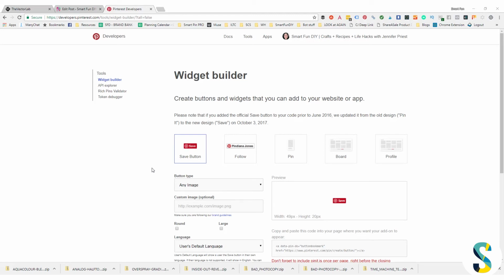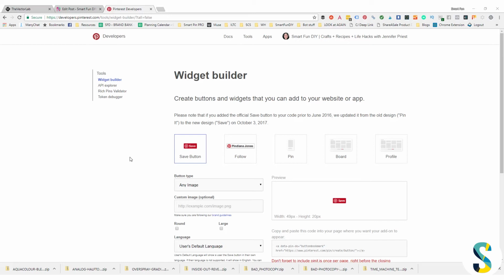So they've done a couple updates. If you installed it a long time ago, which I did when it was called the Pin It button, it doesn't really work anymore. It just doesn't seem to work on my site. They also had a plugin that hasn't been updated for a long time that you used to be able to use to add this to your site, and it's just not compatible with a lot of the newer themes and newer updates. And so it's a really good idea to go ahead and update your widgets to these brand